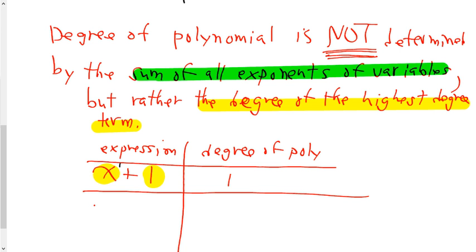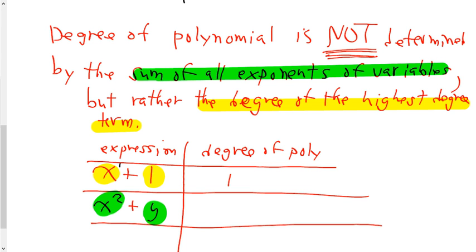If I say x squared plus y, now things get a little interesting. This is also a binomial. There are two terms. I'll highlight it green, one term, two terms. The degree of the x squared, since it's the exponent that determines the degree, is 2. The y has an invisible 1. So some people will say the degree of that binomial is 3. But remember, it is not determined by the sum of all the exponents,